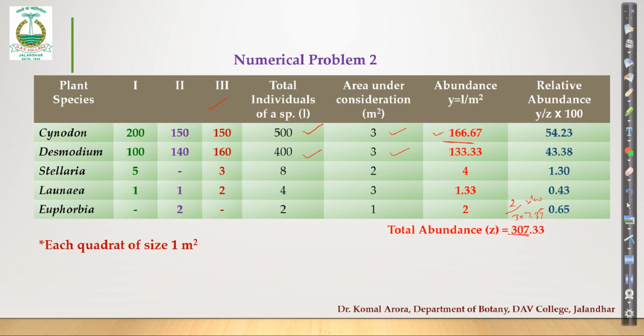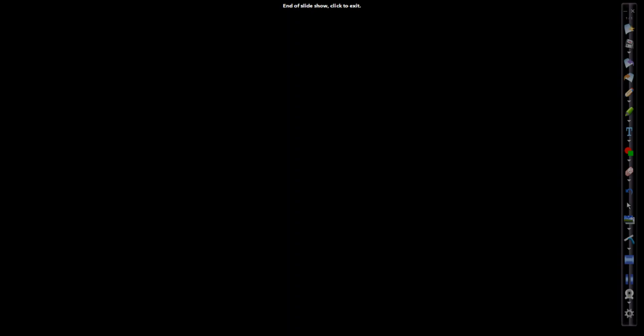So the value will come out to be 0.65%, because you are multiplying it with 100, so it should be in percent. Okay, you can express it directly also. It can be only y upon z. Then you will not add percentage at the end, but otherwise the relative abundance, or any relative term, can be expressed on a percent basis or just on the relative basis. So that's all for today.